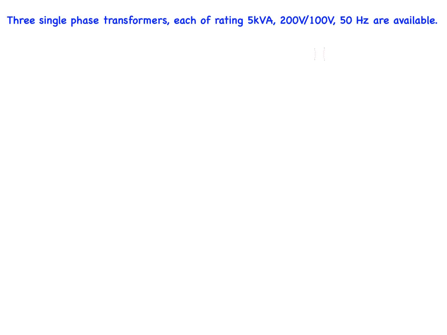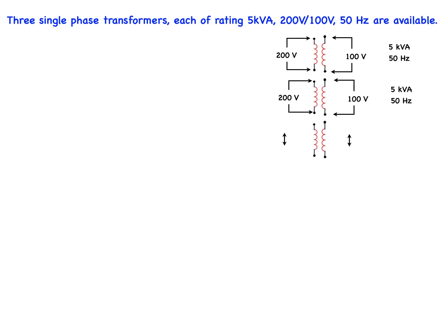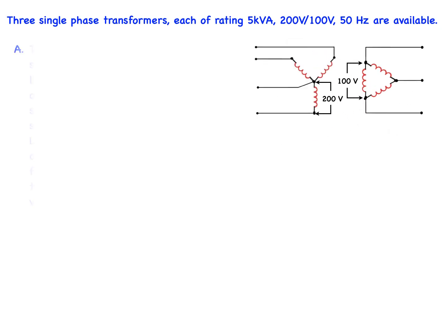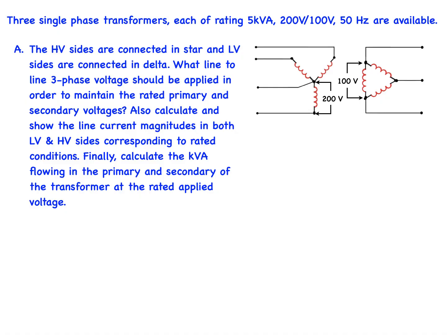In this problem, we are looking at three single-phase transformers. Each individual rating is 5 kVA with voltages at 200 volts primary and 100 volts secondary at 50 hertz. If we connect the high voltage sides in star and the low voltage sides in delta, in this problem, then